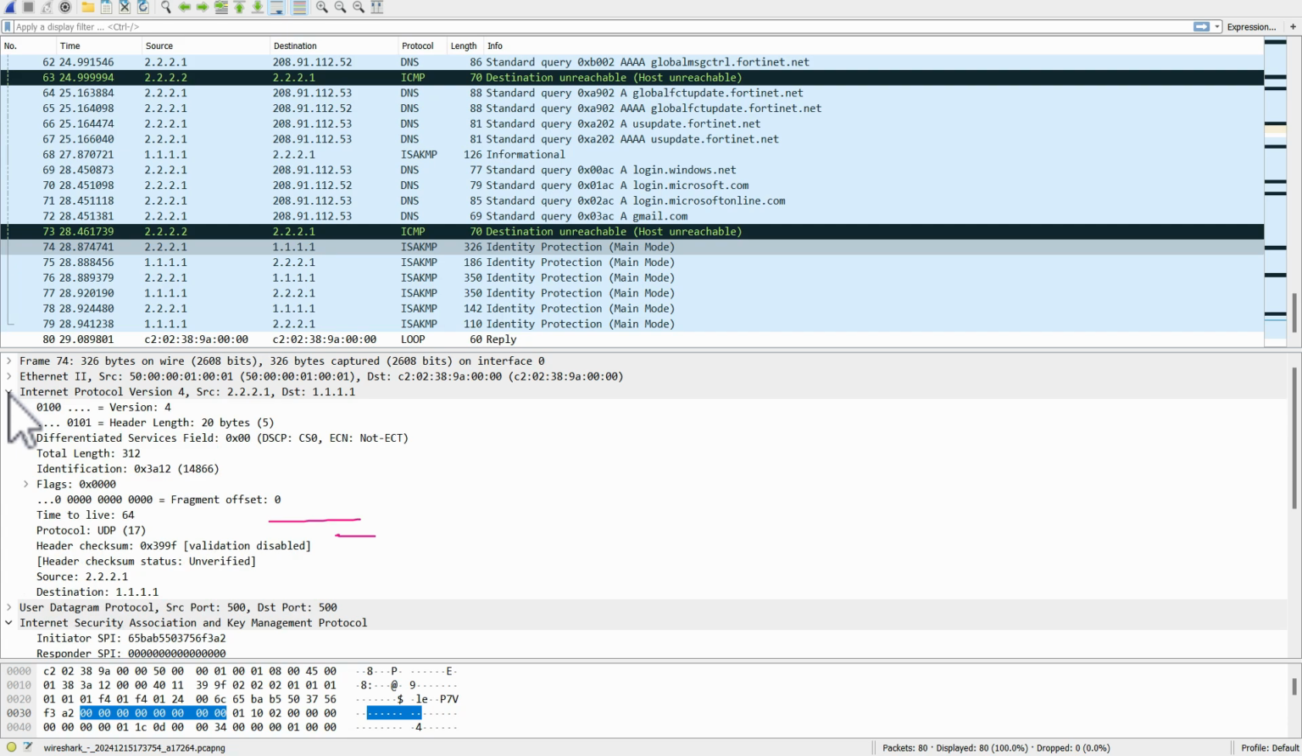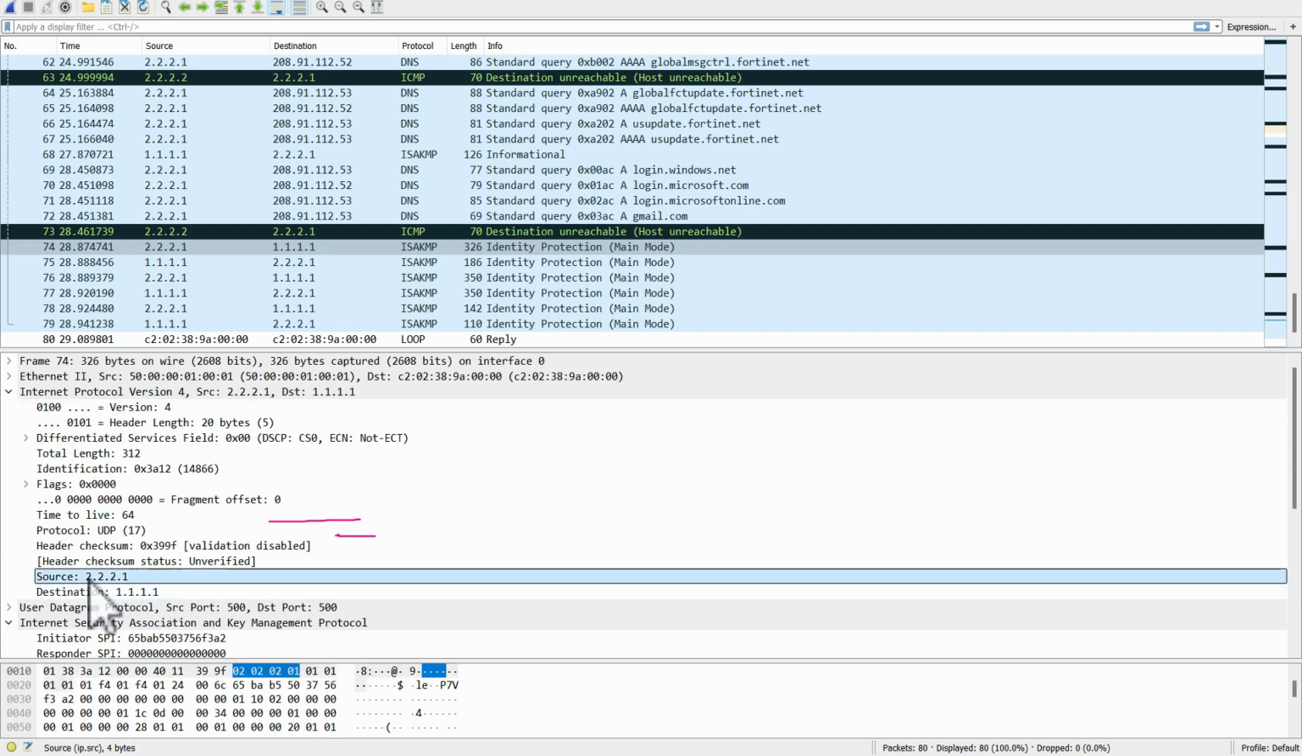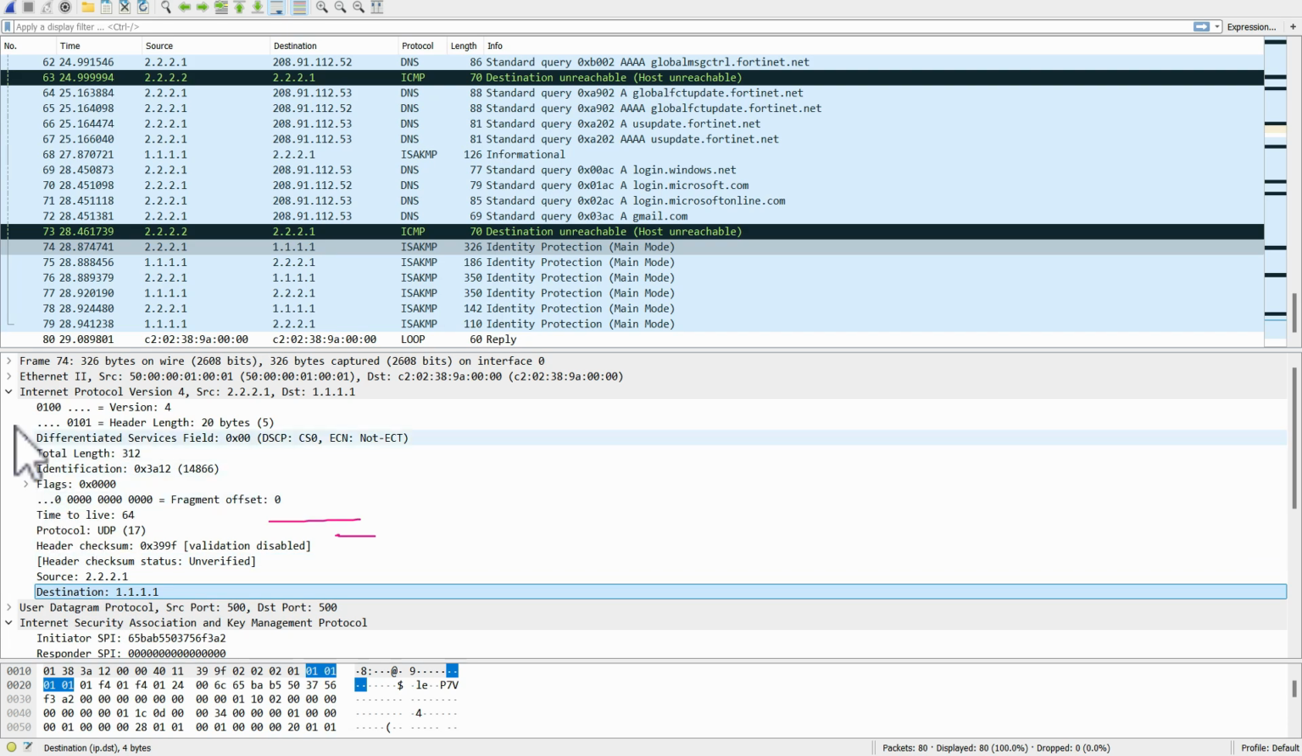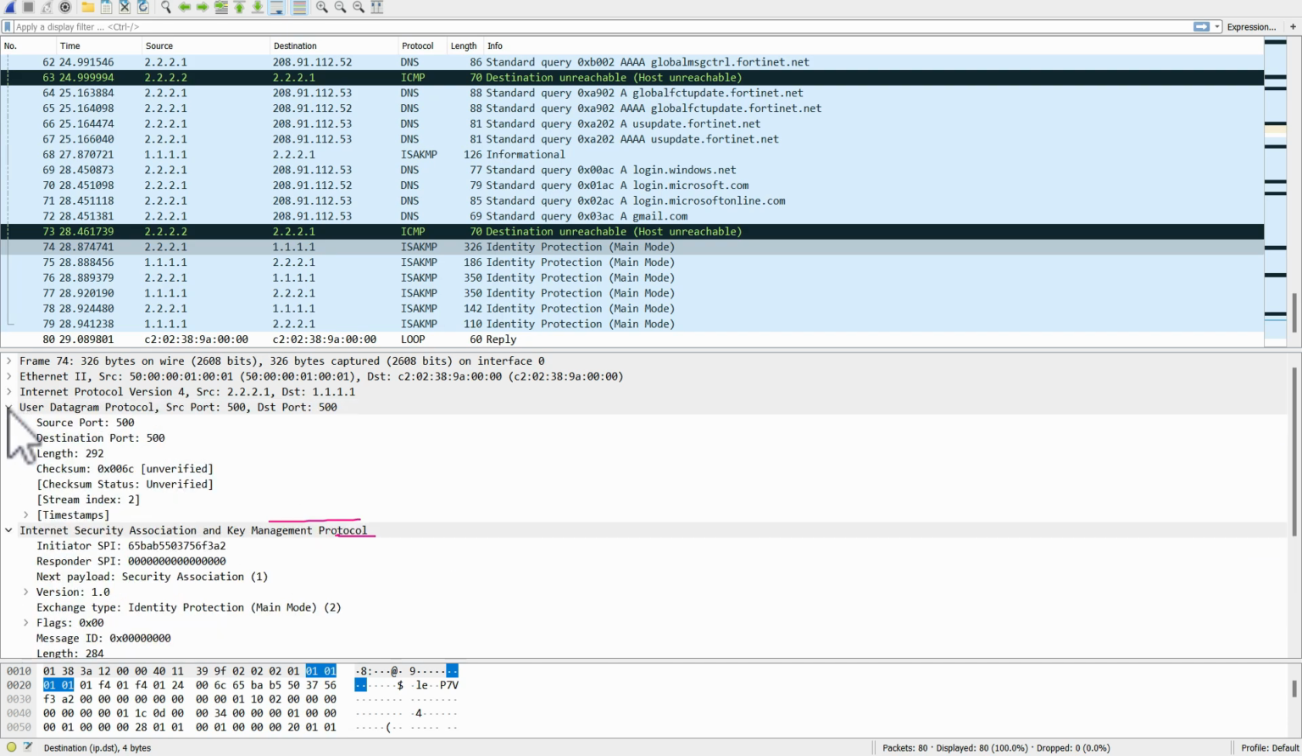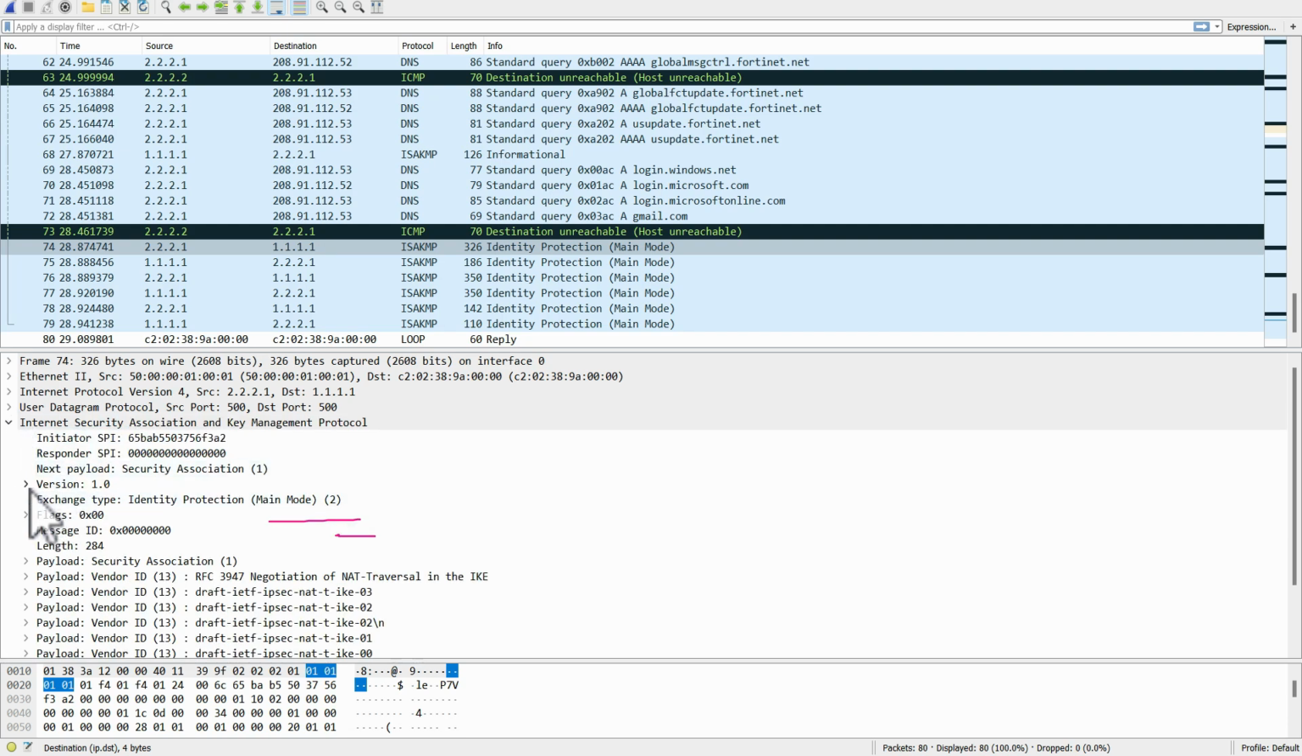So let's explore the IP packet. Source and destination are there. Let's close it. What is in the UDP packet? UDP 500. The UDP source and destination is 500. Let's click on the ISAKMP, Internet Security Association and Key Management. So we can see that we are using version 1. We are on IKE version 1,